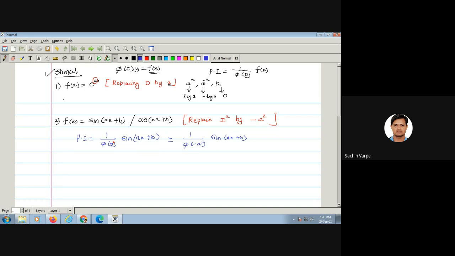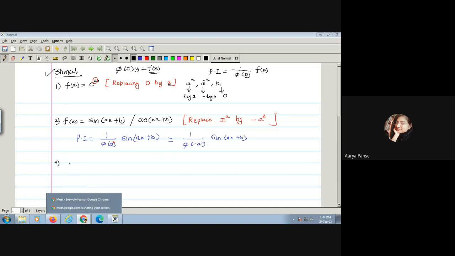We have discussed 2 to 3 examples also. Okay, let us now proceed with the third case. I hope everyone is clear about the second. If any doubt in the second case, please let me know so that we can have one more example. Or if no doubt, then we can proceed with the next step.